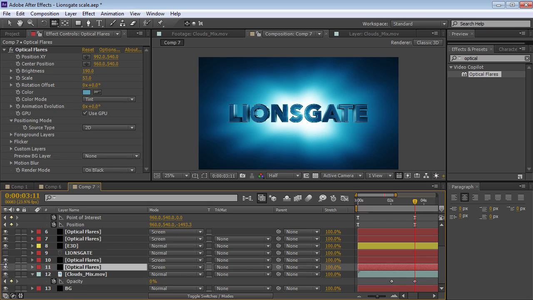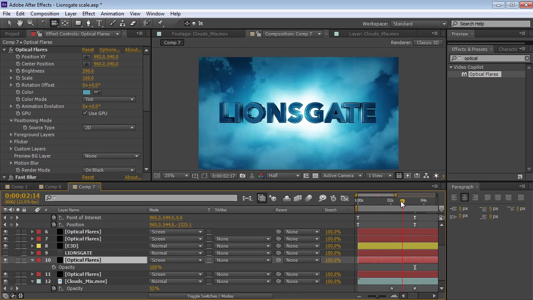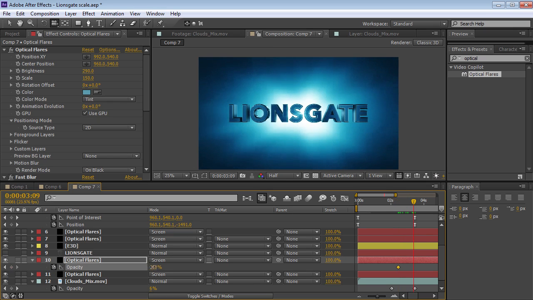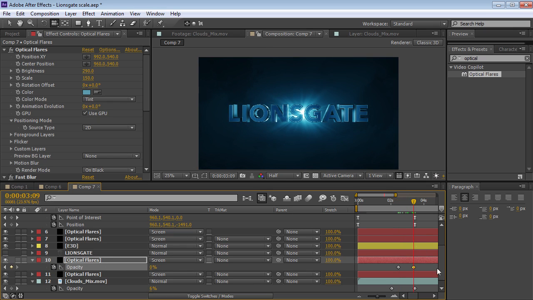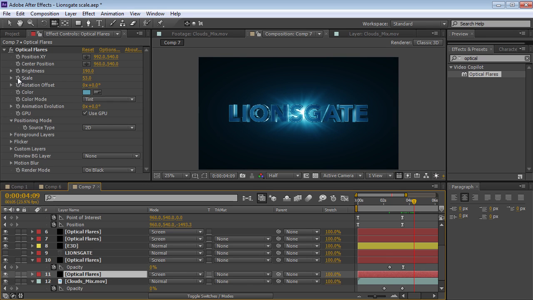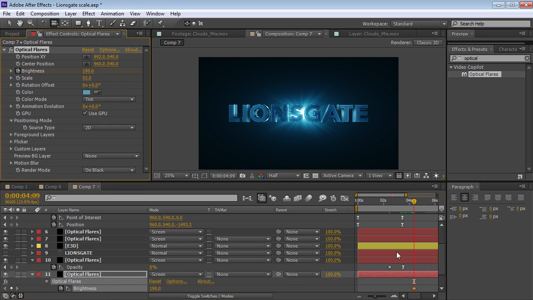And simultaneously, we should probably fade out some of the lens flare layers. So let's see. Take the opacity. We could take the brightness as well. Fade that out. And take this guy and turn the brightness down